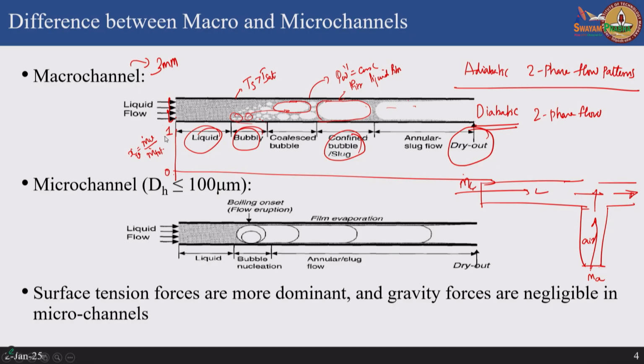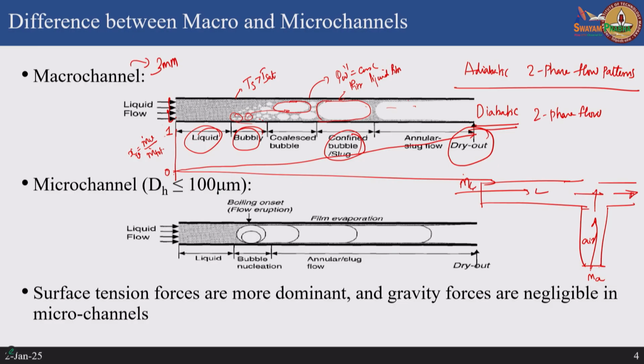So 1 will be pure dry out because its vapor fraction is 1. So it starts from pure liquid, and then progressively it will increase, and at the point of dry out it will reach the value of 1. Okay. Now if I do the same experiment on a micro channel which is of the size of 100 microns or something like that,